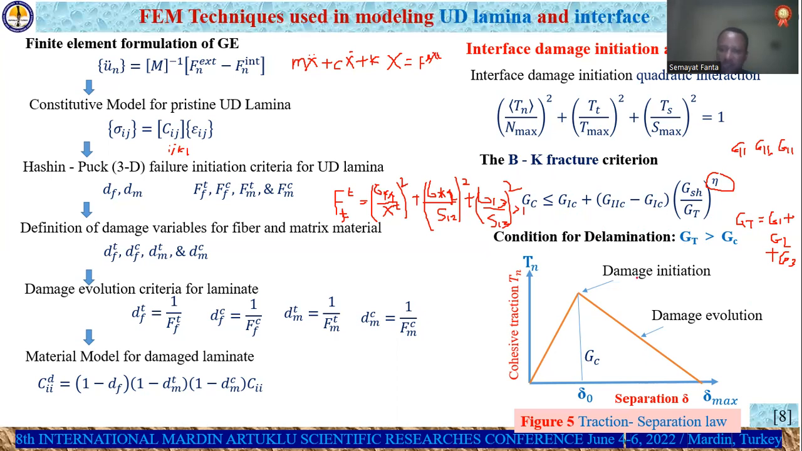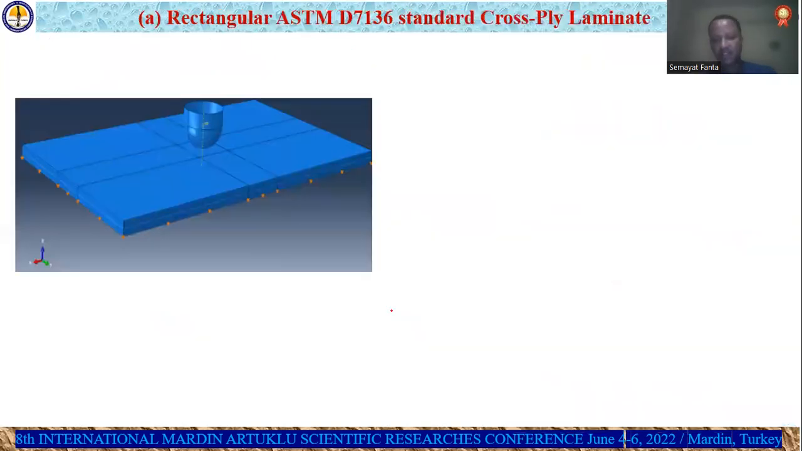So here we can observe this is the linear relation between traction and separation. And then once it reaches this point, the material starts to evolve. So this is the material degradation scheme of the interface material. Okay, once we decide this, let's take a rectangular ASTM D7136 standard cross-ply laminate, which is modeled